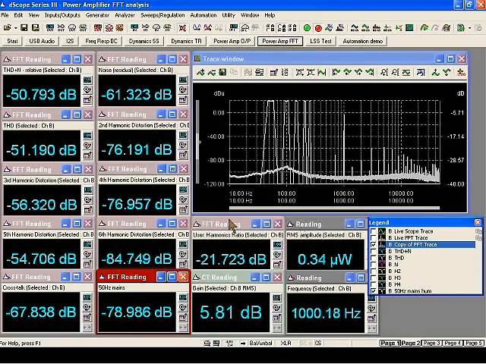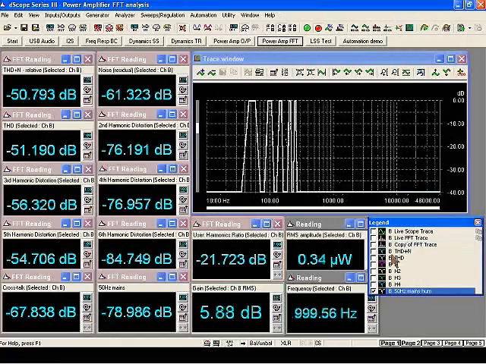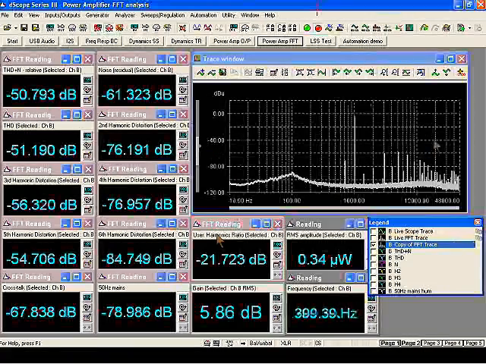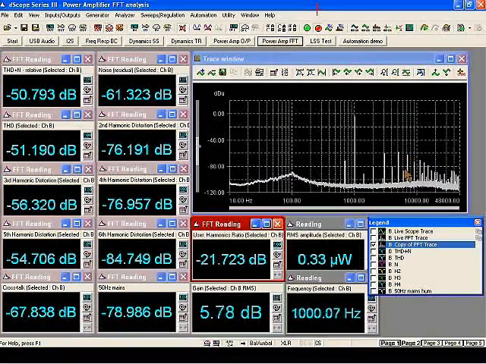We have a very interesting result here, which is measuring the ratio of the odd to the even harmonic distortion energies. So we can see from the trace here that it looks like the odd products, the third, the fifth, the seventh, are somewhat higher in amplitude than the evens, here we've got the sixth, the fourth, the second. And this is exactly what this measurement is telling us here, but it's giving us a numerical reading that we can potentially apply limits to, and that gives us a much more useful and faster feedback as to how this